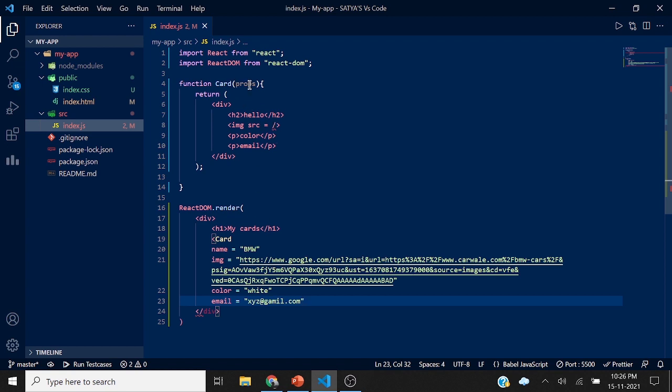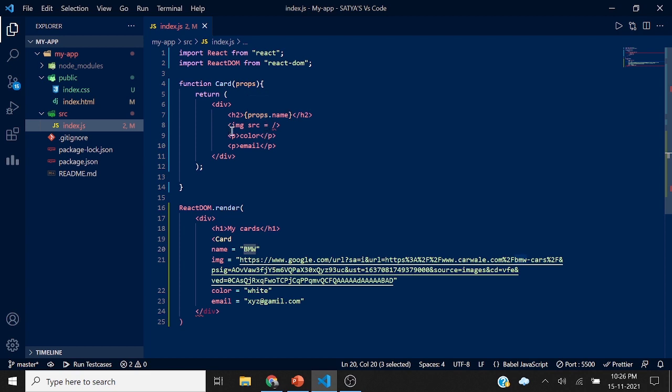So now let's see what's the use of props. For example, if I want to print the name of the car, I need to name it as name. But using props, we can directly give it as props.name. It is a JavaScript element, so we need to put it under a curly bracket. As you see now, this props component is calling my name from here. The Card and Card, both match. So props.name, and directly my BMW will be printed here.